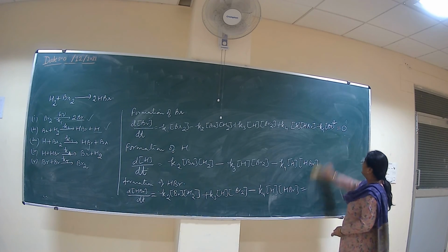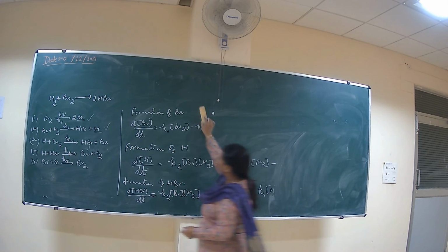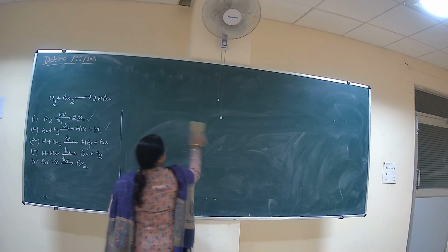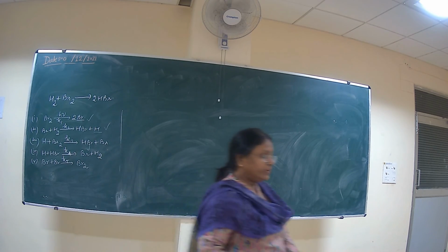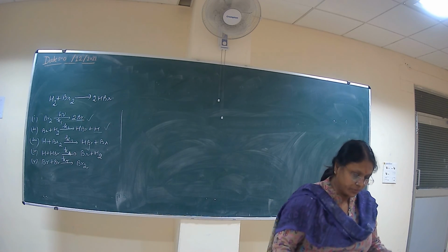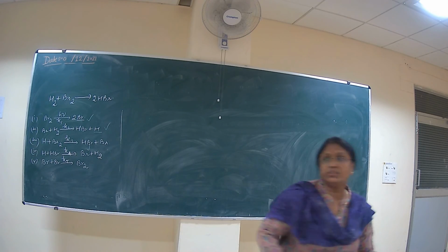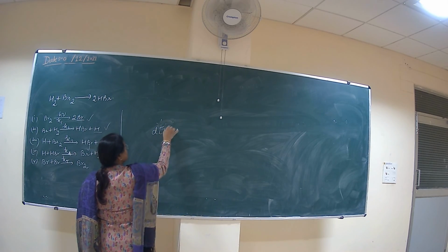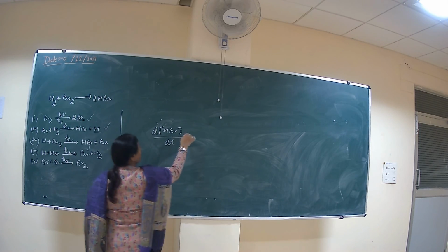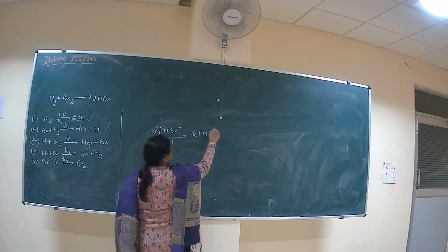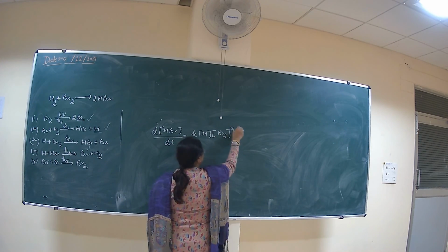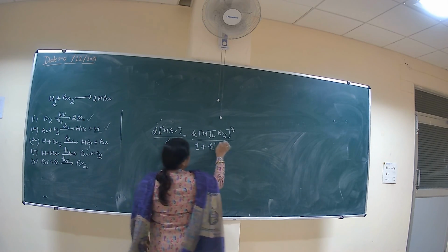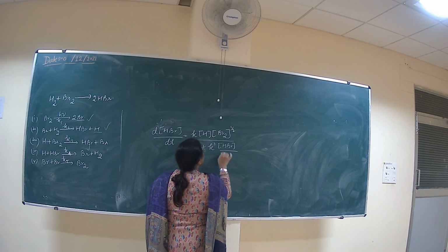So when we combine all these equations, so finally we get, लिख लिया सब लोगों ने, हटा दी. So final equation हमें क्या मिलेगी? Small change in the concentration of HBr with respect to time equal to K concentration of hydrogen, concentration of bromine molecule to the power 1/2, upon 1 plus K dash concentration of HBr upon concentration of bromine.